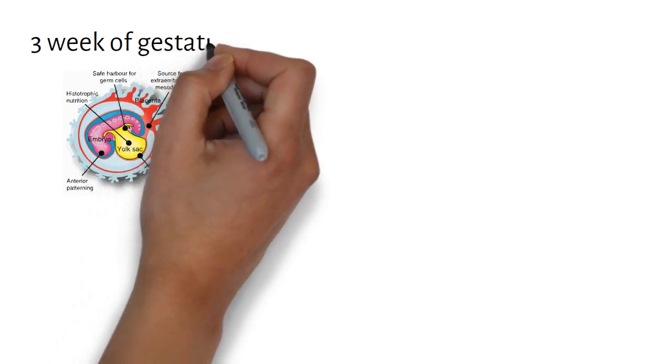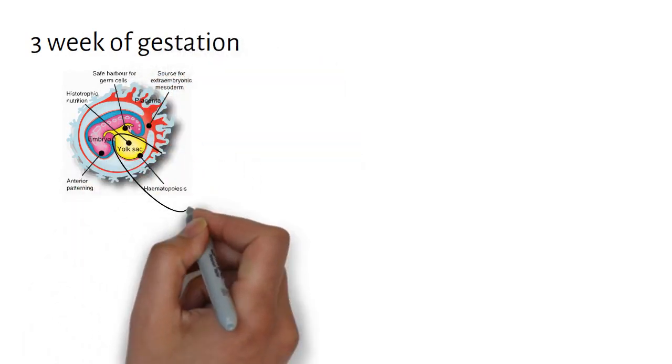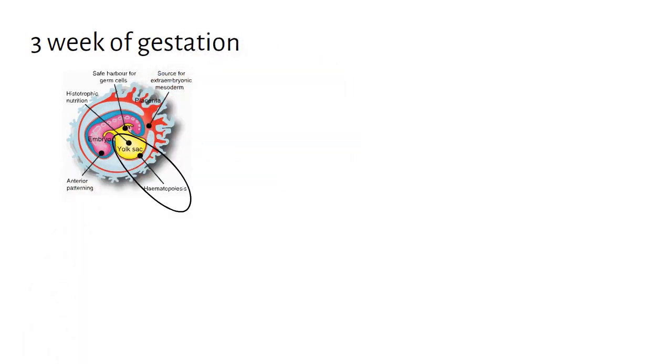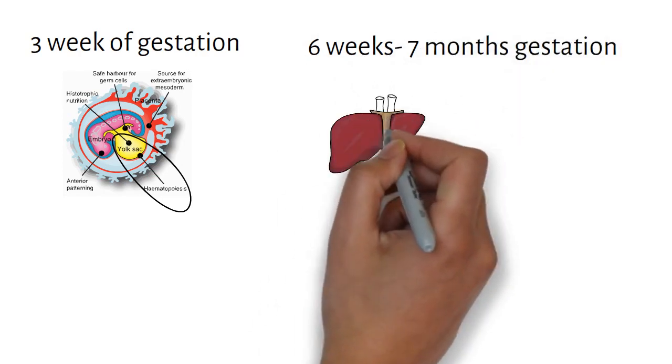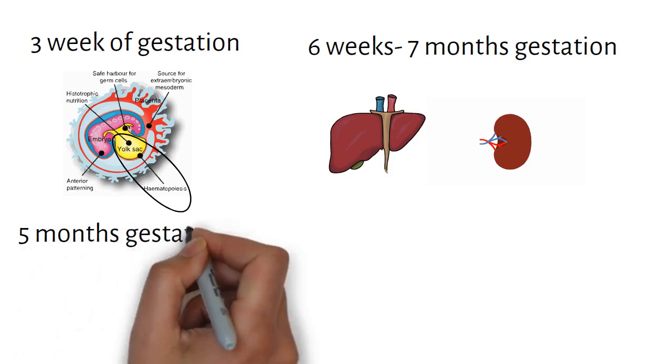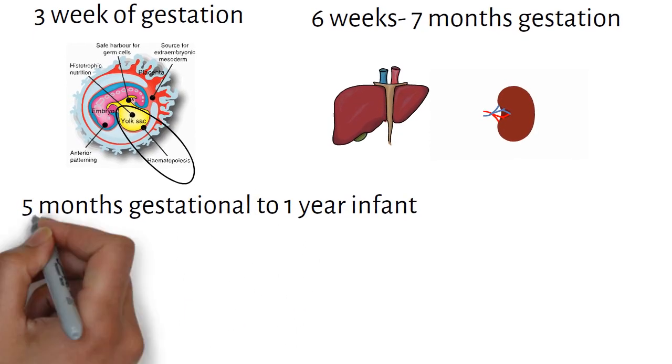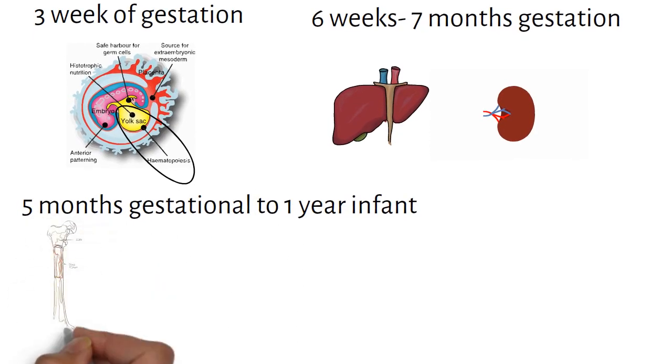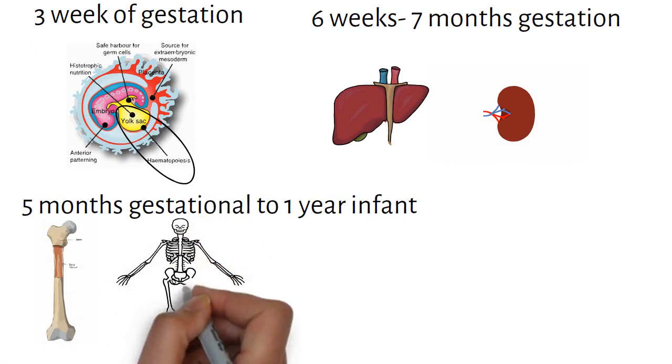Hematopoiesis starts at 3 weeks of gestation, mainly in the yolk sac. From 6 weeks to 7 months, hematopoiesis occurs in the liver and spleen. From 5 months till the baby is 1 year old, hematopoiesis mainly occurs in the bone marrow of all the bones